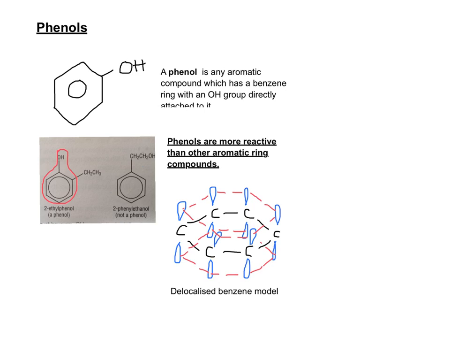So if we take the delocalized benzene model with the pi orbital overlap, and the perpendicular pi orbitals of the carbon atoms above and below that are overlapping,